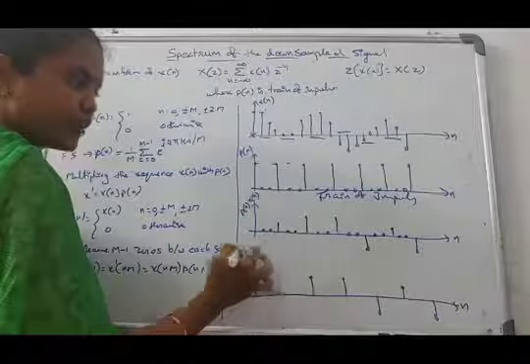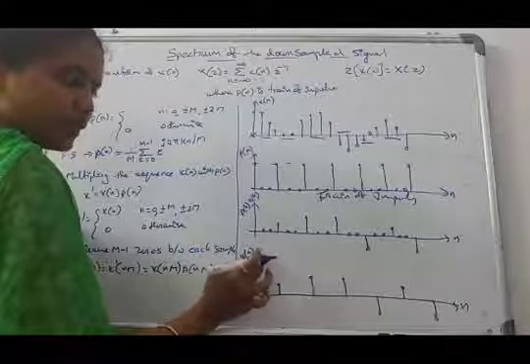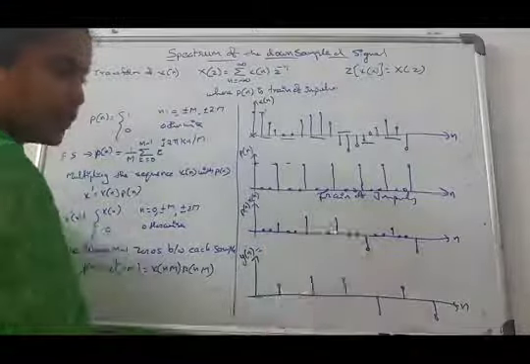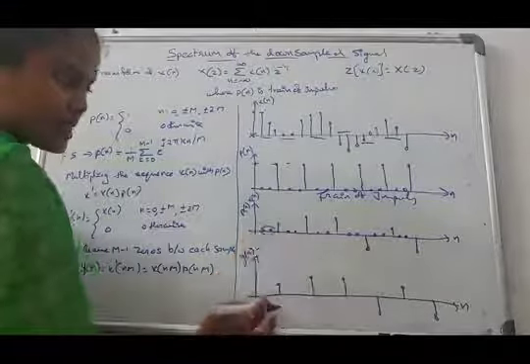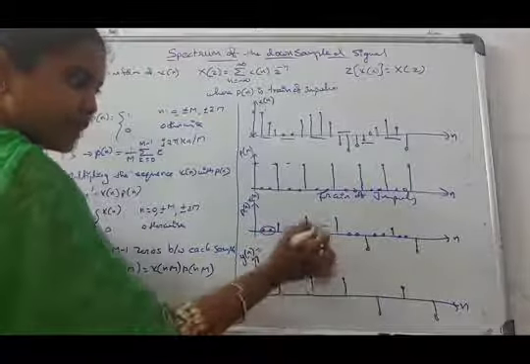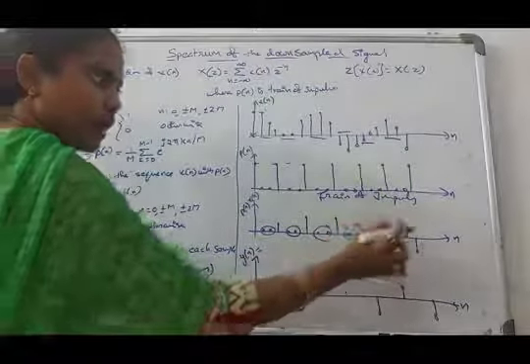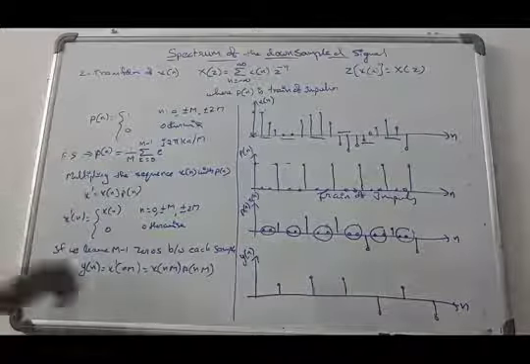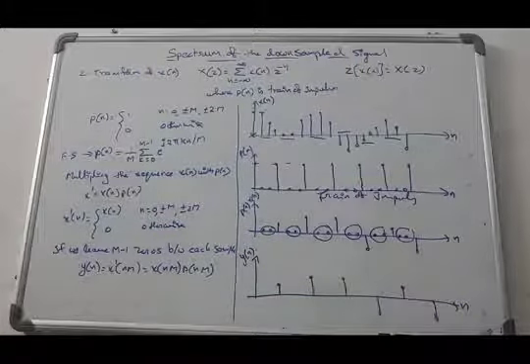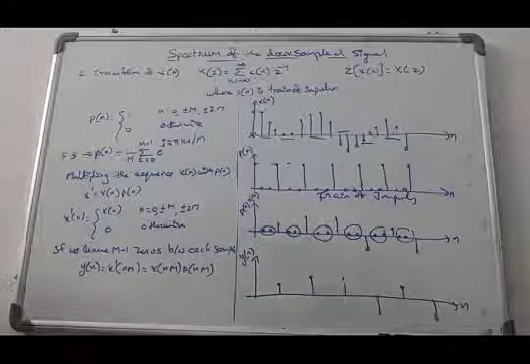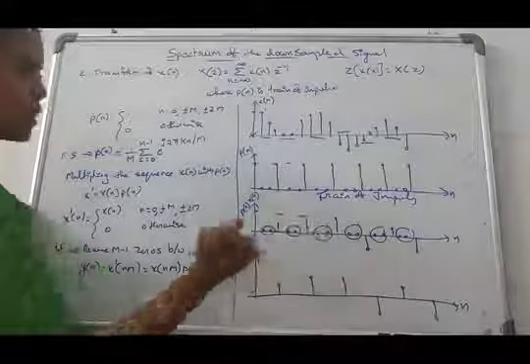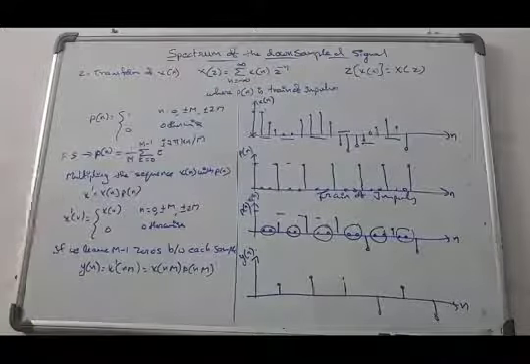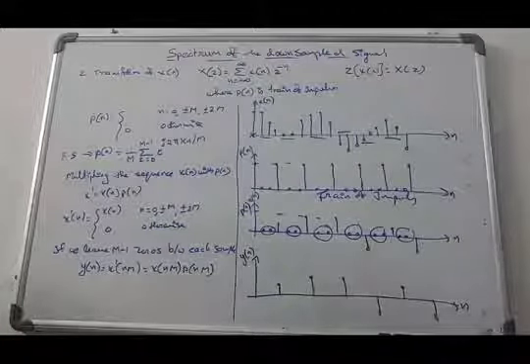How do we get y of n? In order to get y of n, remove all the zeros, the zeros in between. You remove these samples, and you get y of n. This is the downsampled signal. Now p of n is what? A train of impulses, where the magnitude is 1, for n equal to 0, plus or minus M, plus or minus 2M, and so on.